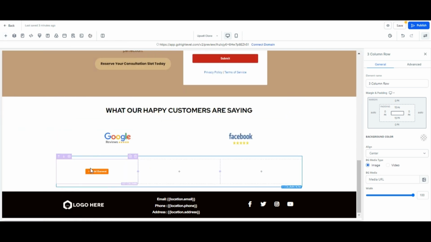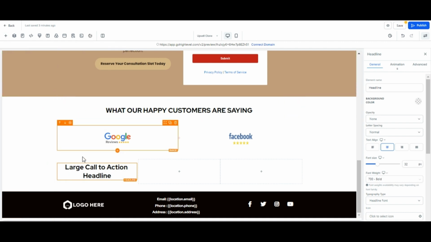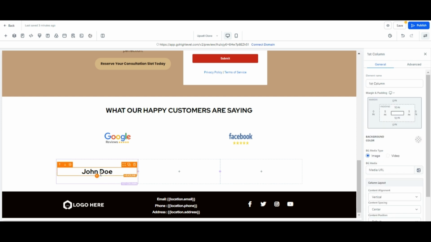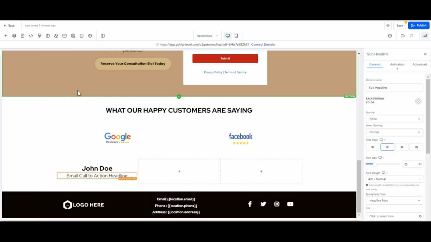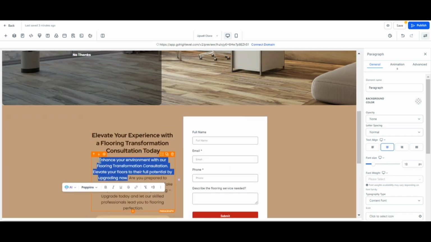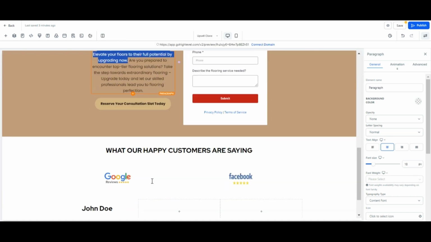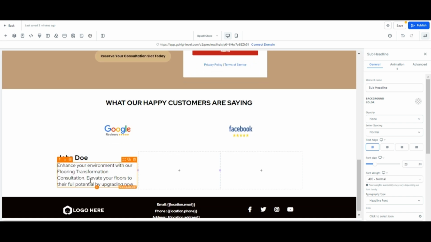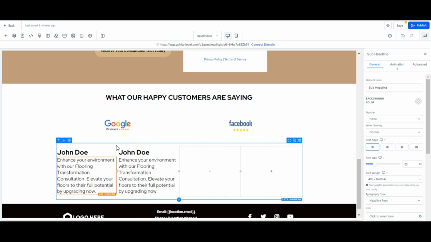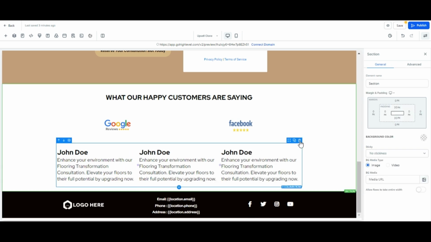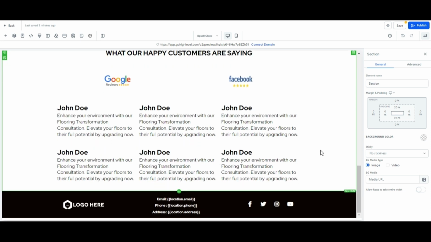We will add another typing element. Then we will add the customer name. Then you can add another element to add customer reviews. And once you are satisfied with all of its settings, you can copy this portion and add as much reviews